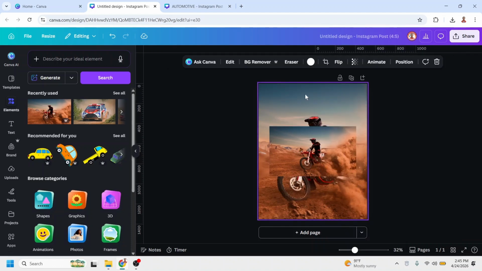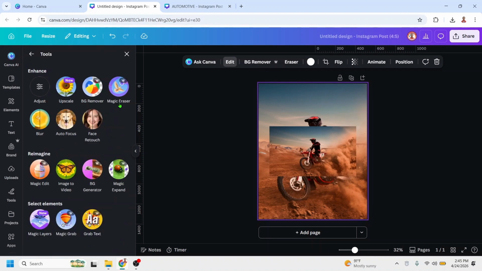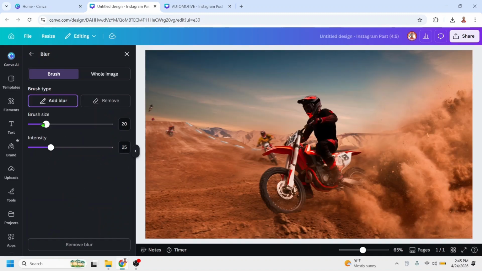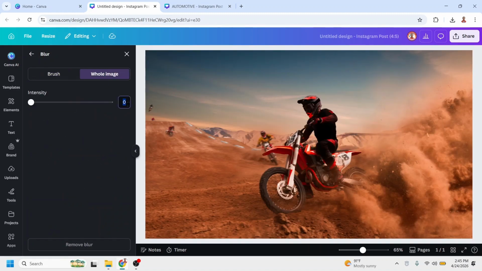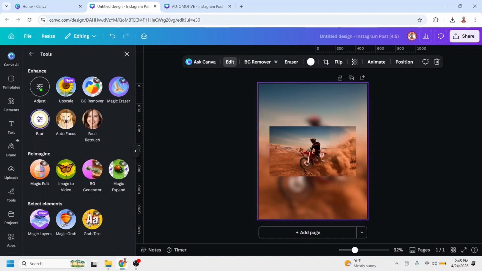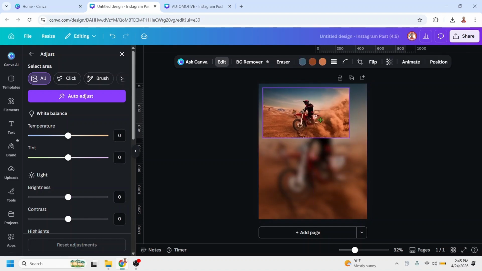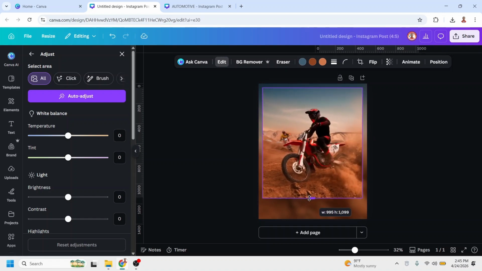Click on the background. Click edit. Choose image. Go to tools, see all and choose blur. Click whole image and type here 50, enter, and then back to adjust and reduce the brightness about minus 50, enter. Now select the photo, put it like this on the top, and then increase the size like this,